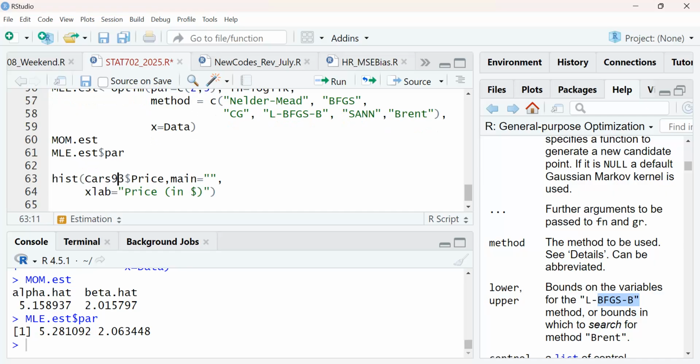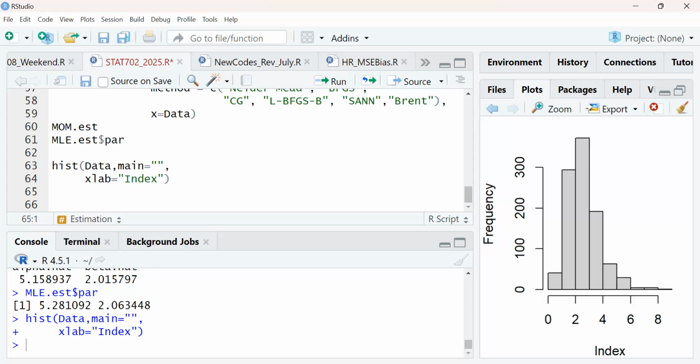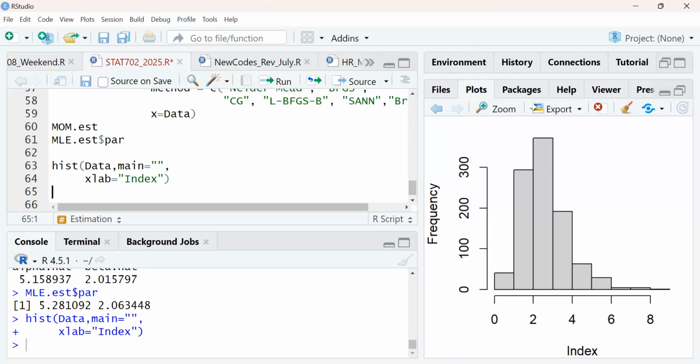So it should be data. The x label, not really, just the index. So let's see. There it is. So that's the data we're working with, right? If I go back and change it to 10, you realize that its density will not look like gamma because it's too small to give you any function.